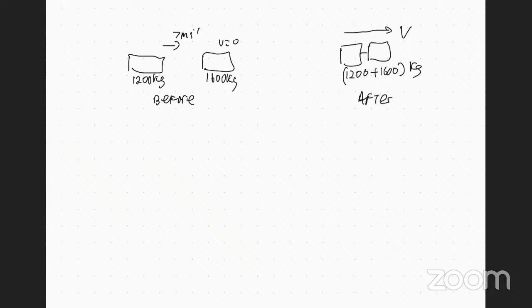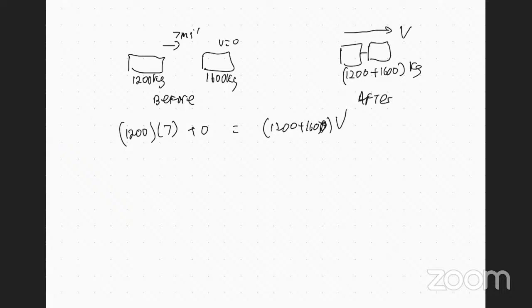All right, let's see what you got now. So the momentum of the 1200 will be 1200 by 7. The next one is 0. That is equal to 1200 plus 1600 by V. Oh no, my pen is going to die. So V is equal to,